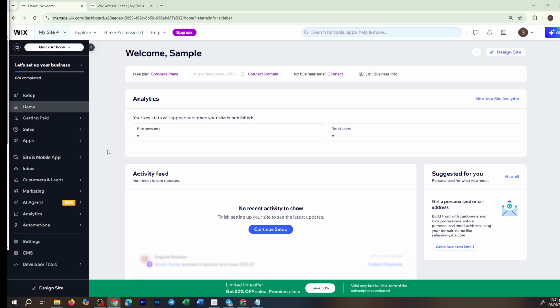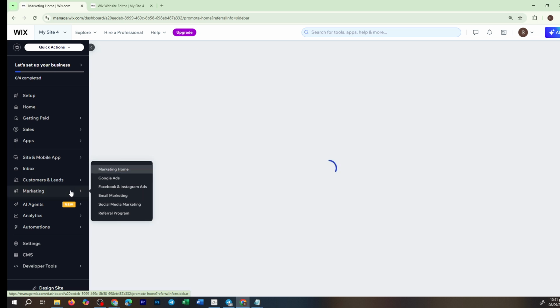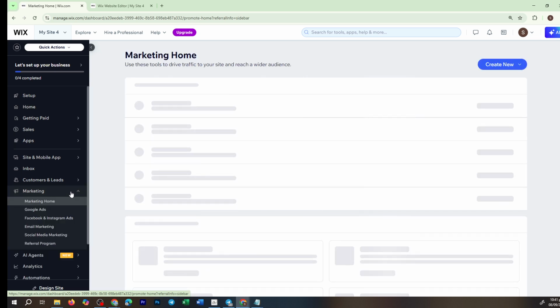Once you've selected your site, direct your attention to the menu on the left side of the dashboard. This is where we'll navigate to the right section. Find and click on Marketing and SEO. This area is specifically designed to enhance your site's visibility and marketing capabilities, making it the perfect place for adding